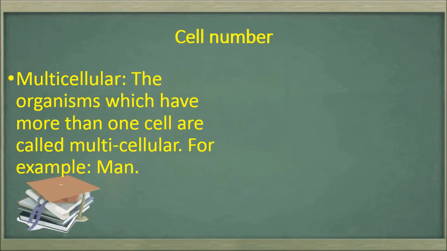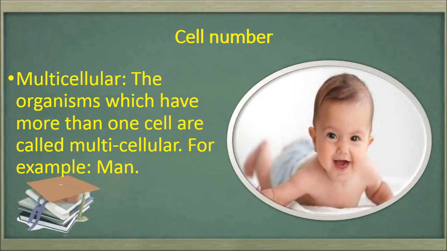Now the next type of organisms are multicellular organisms. The organisms which have more than one cell are called multicellular organisms. So the organisms which you are able to see with your naked eyes are mostly multicellular organisms, because unicellular organisms are so small that you can't see them with the naked eyes. So you can see human beings are an example of multicellular organisms, and all the organisms that you see like dog, cat, horse, lion, deer, and many more, all the animals and plants that you're able to see with your naked eyes are examples of multicellular.